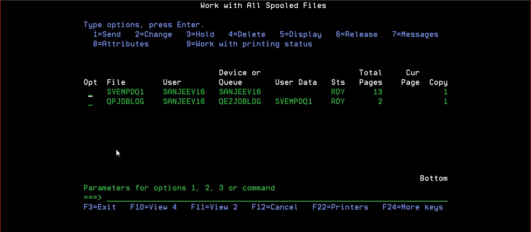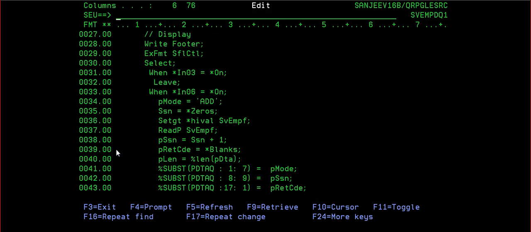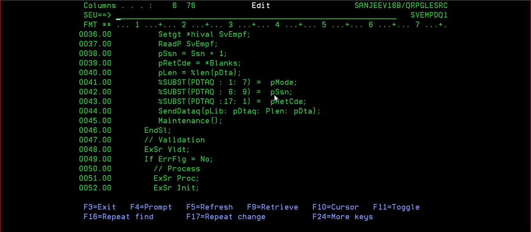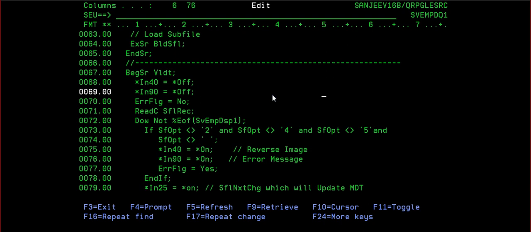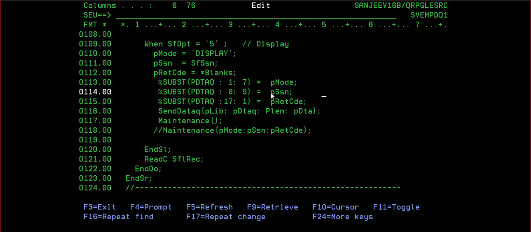So what I can do is, for P SSN, I can insert percentage character, convert this into a character. Coming back to where all I have. So here also I will use percentage character, I'll convert this into character, because P SSN is numeric, so I'm just converting into character.